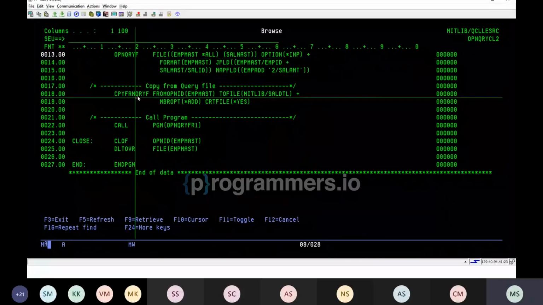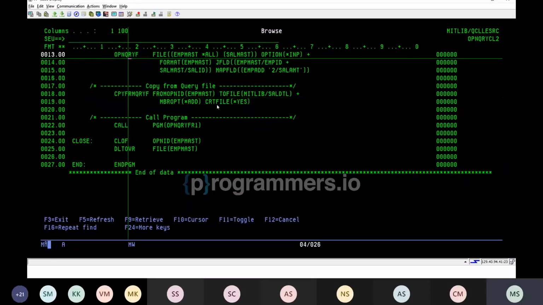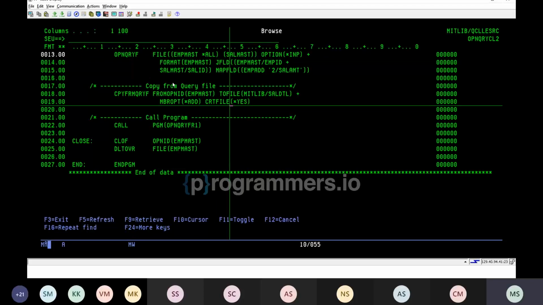So what this will do is that it would copy the records which are fetched using the open query file into another file, where either existing or we can create. So what this is doing is that the records which we had open here is copying into another file called